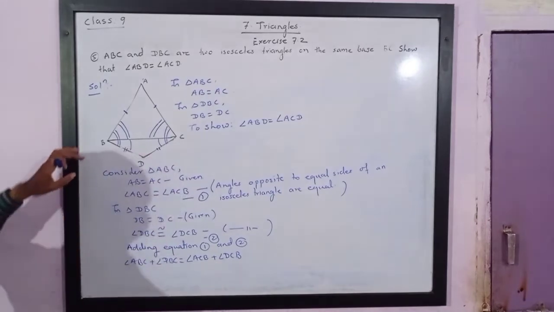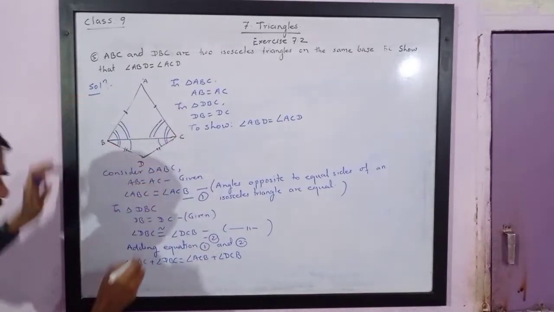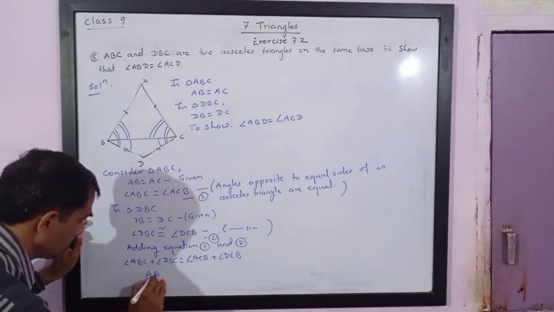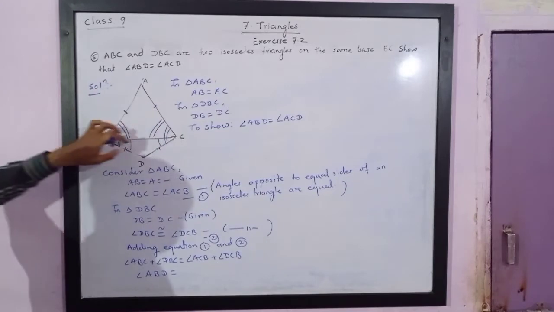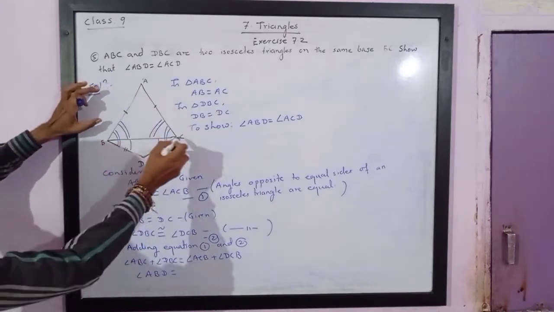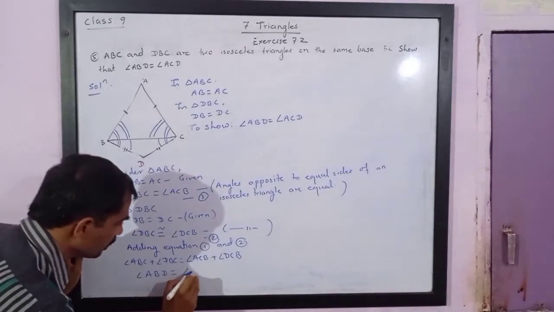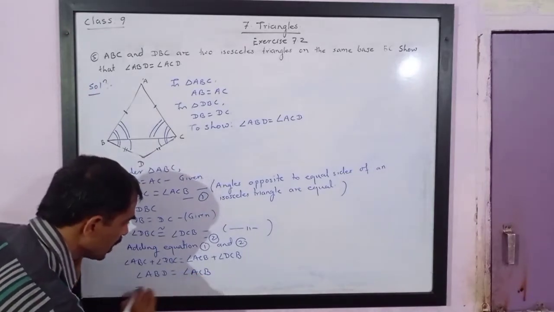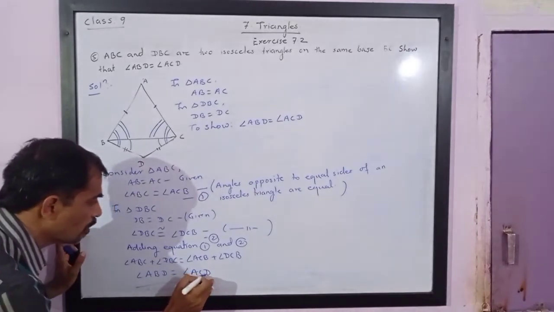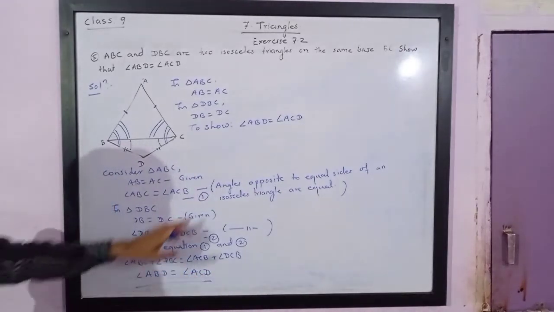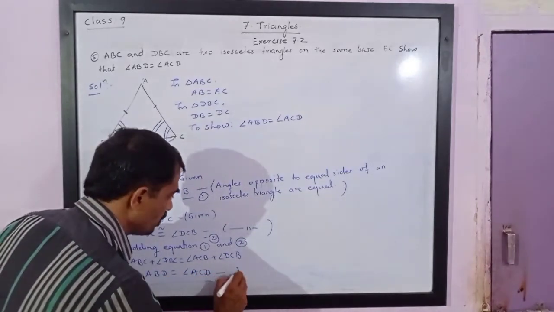So please note, look at the figure. ABC plus DBC is this total angle ABD, is equal to ACB plus DCB. ACB is this and DCB is this. So if you add, we will get ACD. And same was asked, ACD. We were asked to prove the same, that is prove that ABD is equal to ACD. We have proved. Thus we can say that is proved.